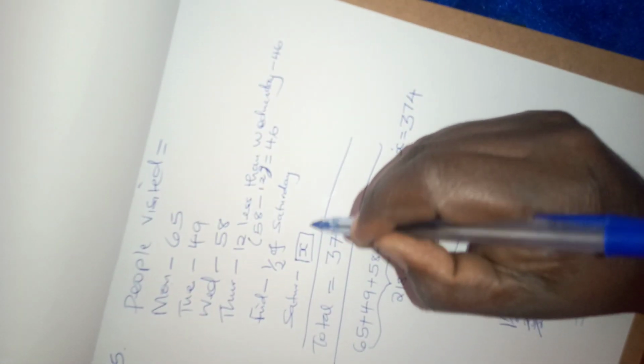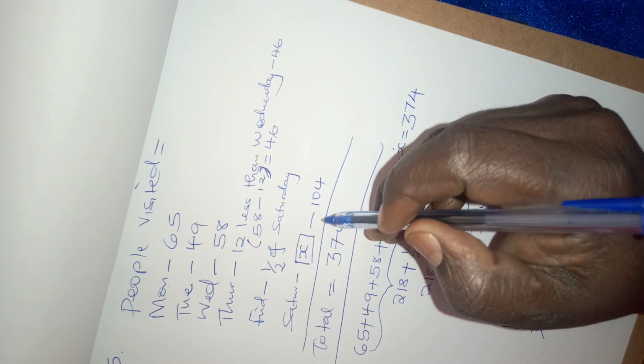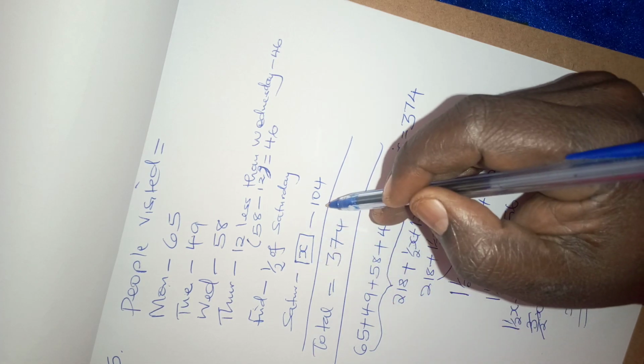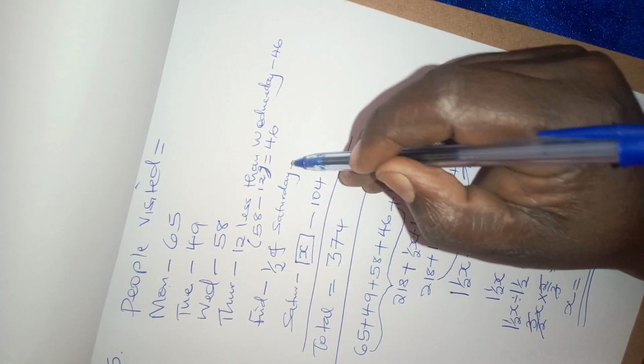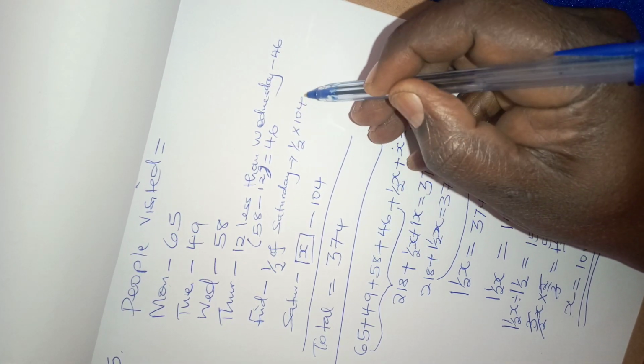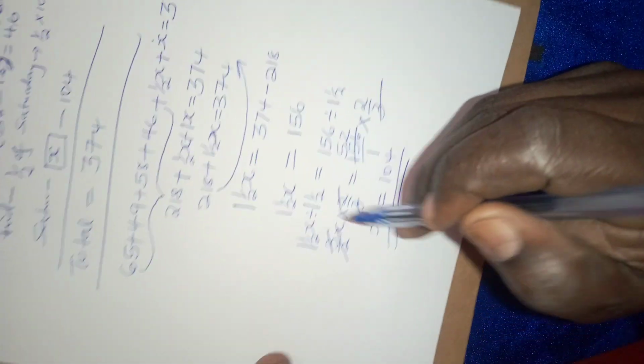So back to our question, X was standing for Saturday, so we have 104. And because Friday depended on Saturday and it was half of what was on Saturday, we shall have half times 104, giving us 52. So the people who attended the